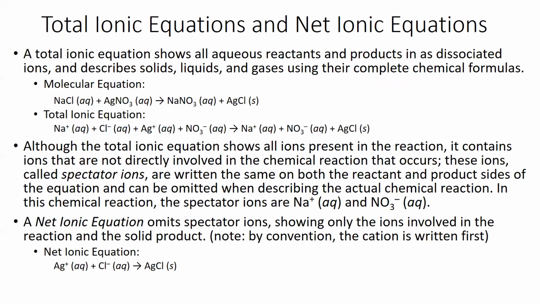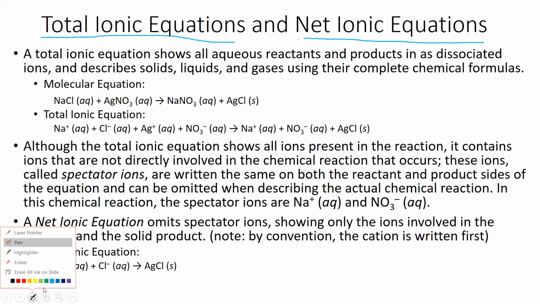And so with that in mind, we have a couple of different ways of describing the chemical reactions. The total ionic equation is the first one we'll look at, and then the net ionic equation will be the second one that we look at beyond the molecular equation. So we'll have three ways of looking at it. So if we take that first chemical reaction